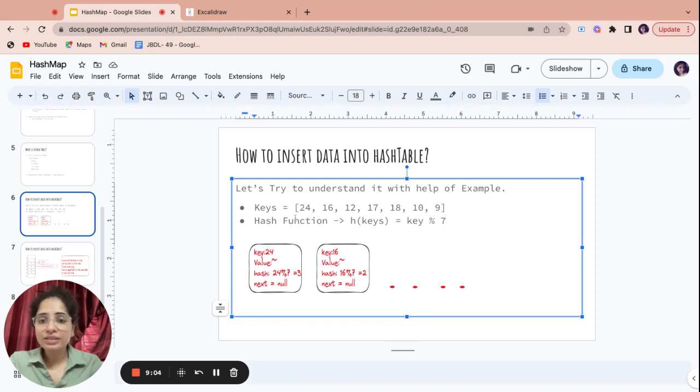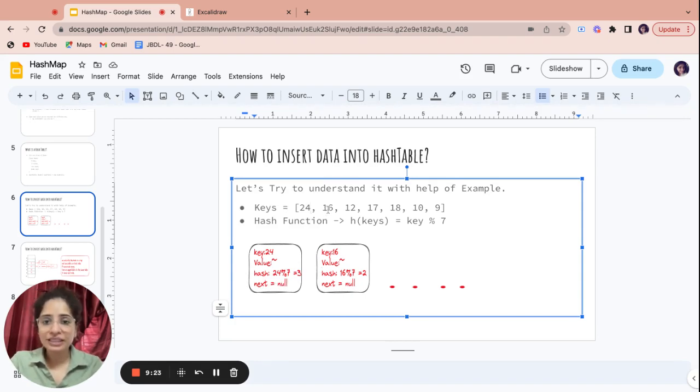Now if the key is 24, with some value not mentioned here, the hash will be 24 mod 7, which is 3. 7 threes are 21, so the remainder is 3, and next is null because this is not pointing to any other node till now.